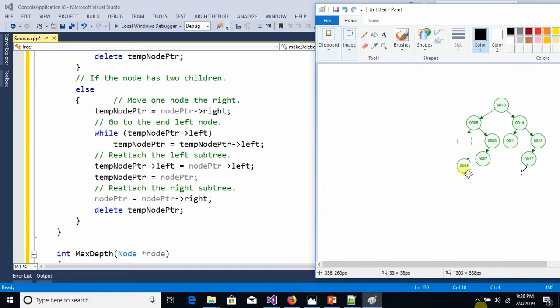So we stop when we get the node 7. Here we will connect the node having value 5 as the left child of this node 7. So temp node pointer arrow left is equal to node pointer left. It means now 7 is pointing towards 5. And now we want to delete the node 6. So we kept it in the temp node pointer, and then we want to update the left arrow of the root node, you can say the left arrow of the